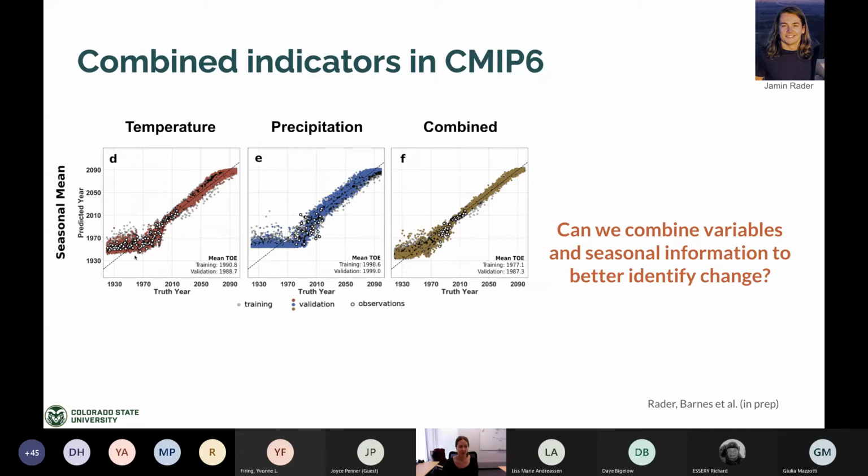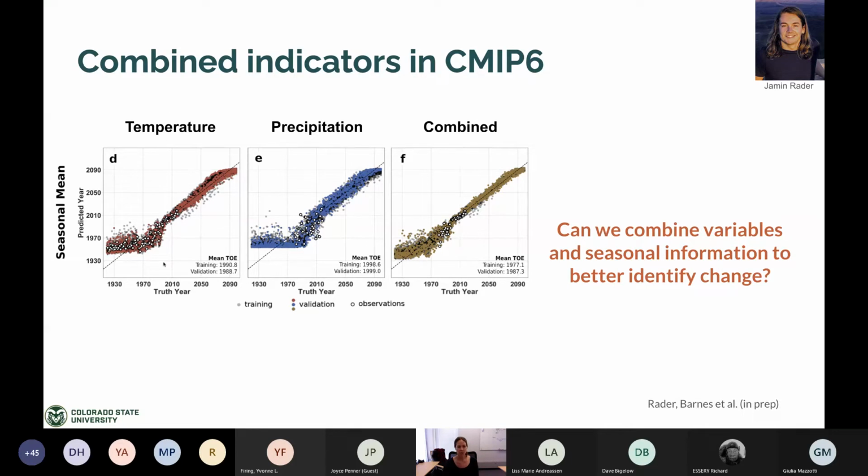The second thing to note is that the white dots are the observations. That is, after we've trained this machine learning model on climate models, we input maps from observations and we ask, what year is it? What year do you think it is? And the cool thing is we truly know what year it is in observations, obviously. And so we can assess whether our neural network has learned anything useful for real world prediction. And again, these white dots tend to fall along the one-to-one line after about the 1980s or so.